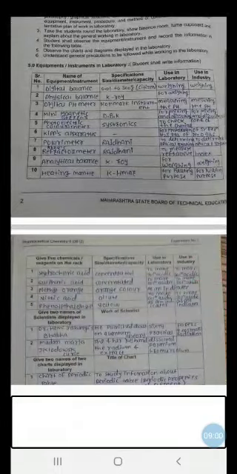Then the next table is about chemicals. You have to write the names of any 5 chemicals or reagents which are there on your working rack or on the working table, with their specification, or you can say size, color, capacity, normality, concentration, etc., and how they are used in the laboratory and in the industry. Now here he has written about hydrochloric acid and sulfuric acid. Both are concentrated here, and these substances are used to make the solution acidic, or they are acidifying agents.